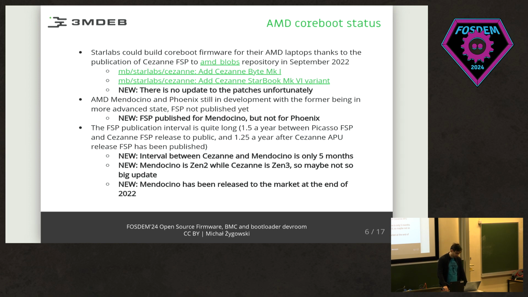And of course, the publication intervals indicate that it may happen quite soon, because we had an interval between Cezanne and Mendocino of about 5 months. So right now it's past about